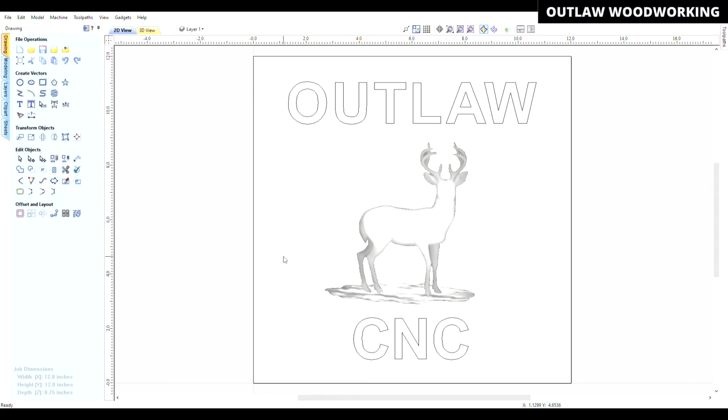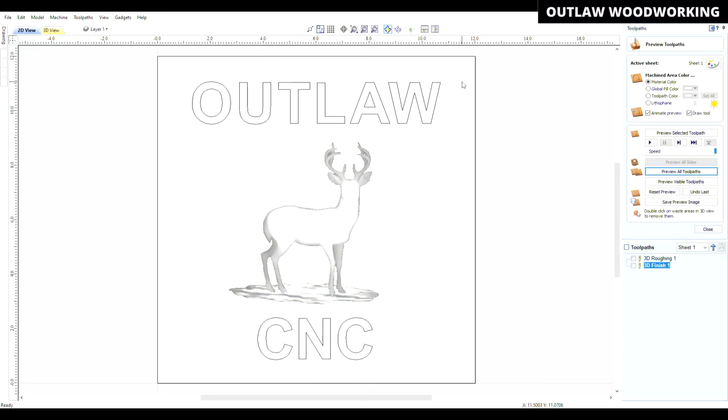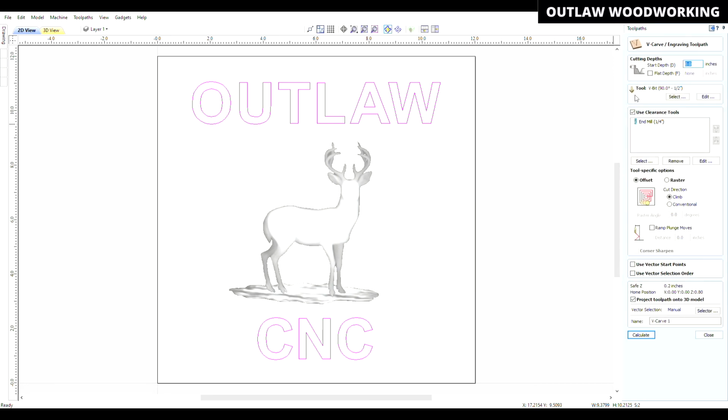Okay, so let's go cut that and see how that's looking. So this is going to be a V-carve. We'll highlight both the top and the bottom text. We've already got our 3D roughing and our 3D finish, so we're going to close that and we're going to V-carve. Now, one thing that's really important, so we don't need to use a clearance tool because we're going to